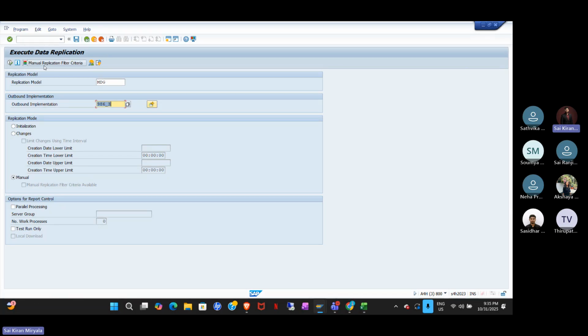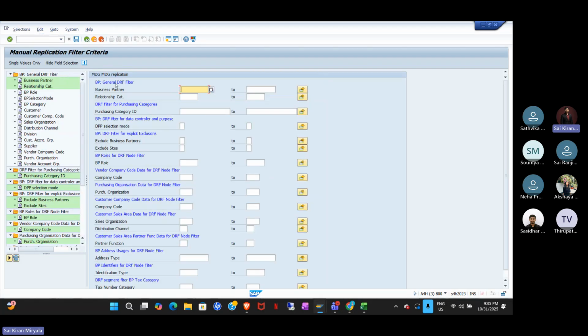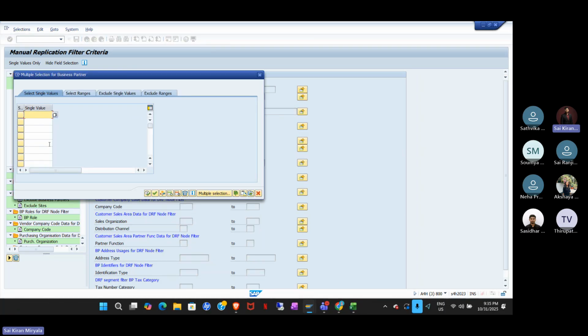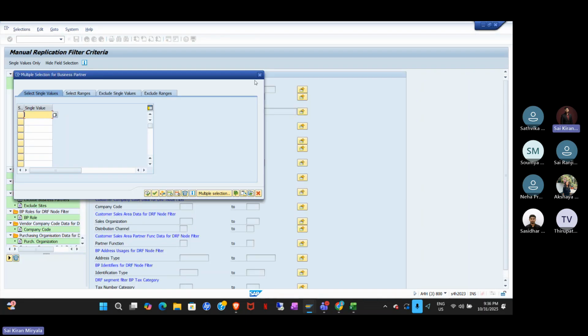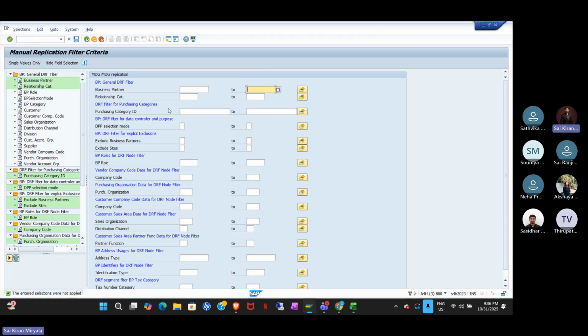Or if you want to replicate only a few of the records, then you can go to this manual replication filter criteria, and here we can give the business partner number which we want to replicate. We can give a single business partner number, or we can replicate multiple business partners using the multiple option here. Okay, so whatever business partners we want to replicate, we can give here in the filter criteria. We can put the filter criteria based on the business partner or company code, business partner role, or any of these